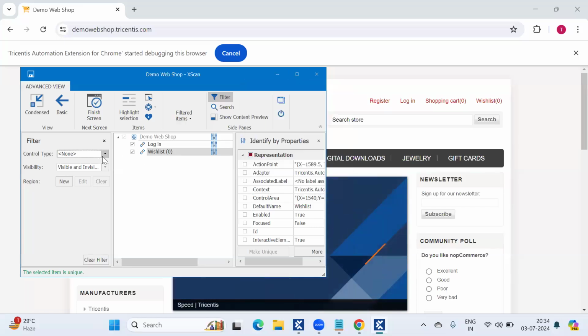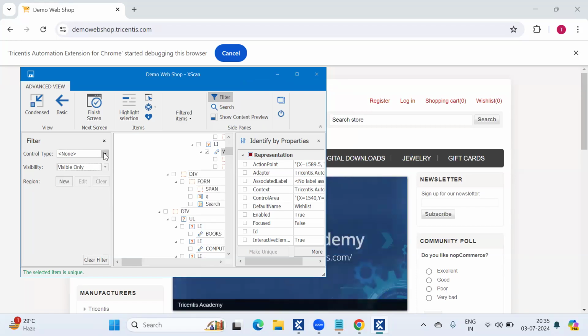If you want to check, click on this filter button, and under visibility, click on this drop down. Whatever visible and invisible controls you want to check, you can check by selecting this.